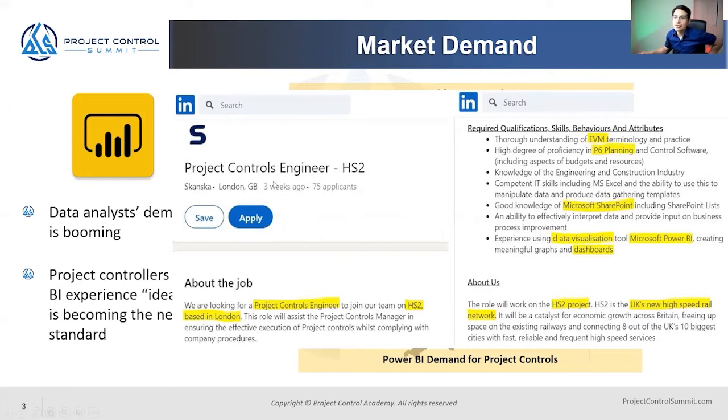And the other day I came across this job ad for a vacancy based in London, where they were describing the required qualification and skills. They were looking for people who know about EVM and value management. They were looking for people with some expertise in Primavera P6 for planning and scheduling as well. But most importantly, they were looking for people with experience in data visualization. And that comes with Power BI, and it is clearly named there, just to create meaningful graphs